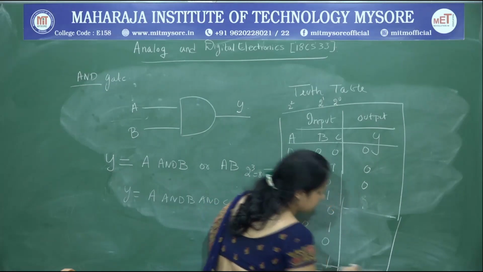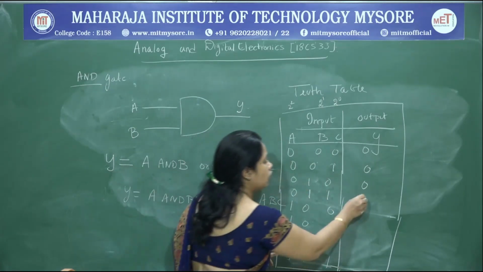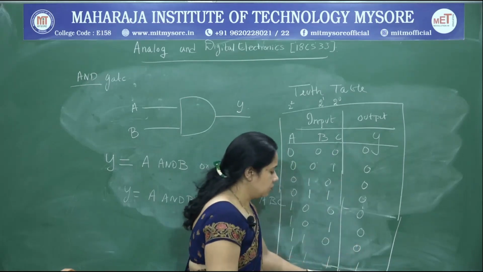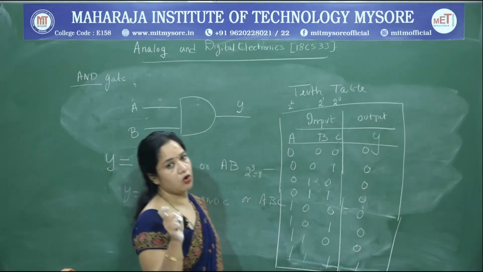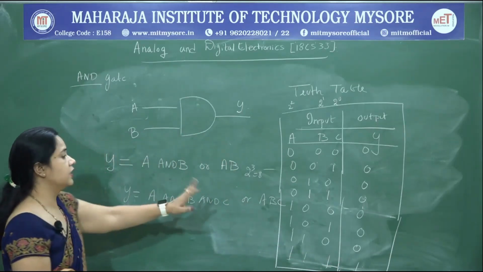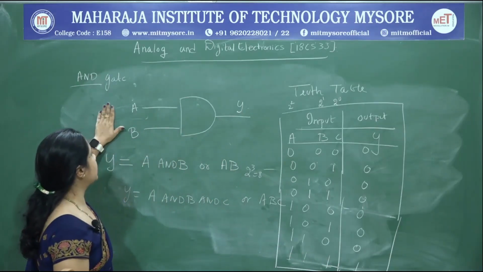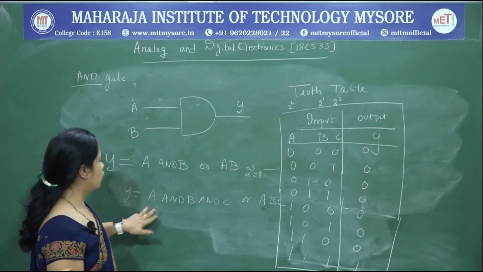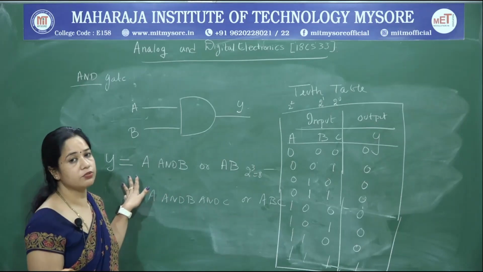So these are all possible values of inputs, and the output goes all the way 0, and for all the inputs high, the output is going to be 1. So this is for a 3 input AND gate. Basically AND is another basic gate wherein the output is high only when all the inputs are high.